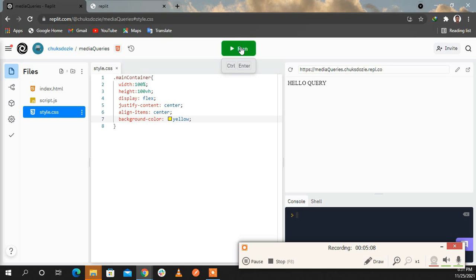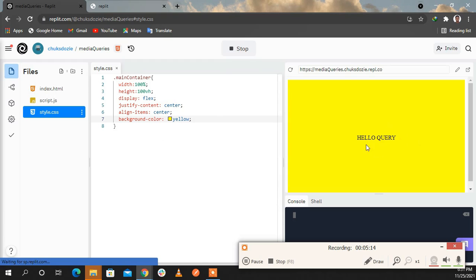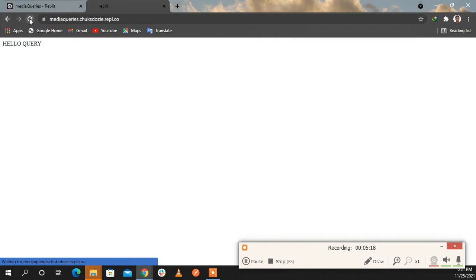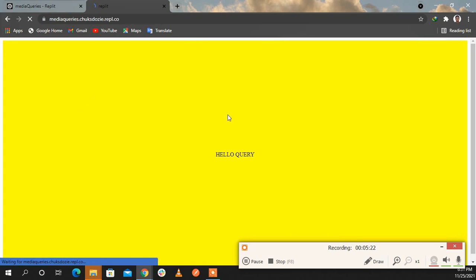So if I run this now, it should be yellow and the rest of the stuff should be centralized. You can see we have media query right in the center there. And if I come back here to my new tab and reload this, you see that it goes to the center and it's also positioned properly. All right, so now the next thing I want to do is to